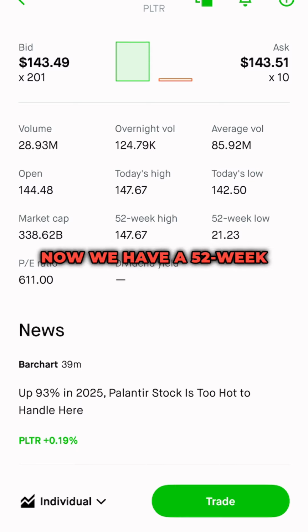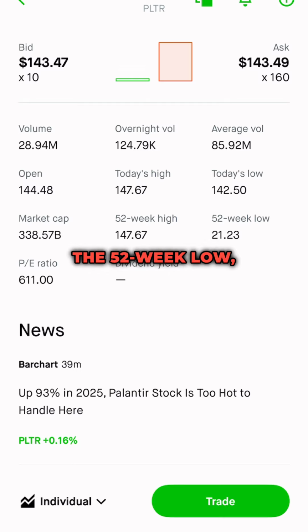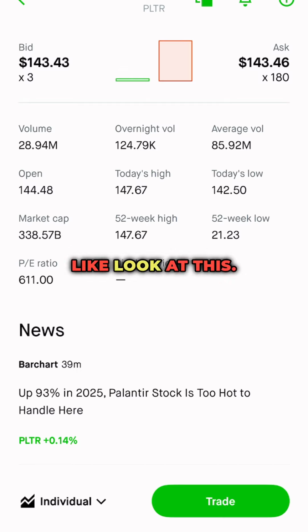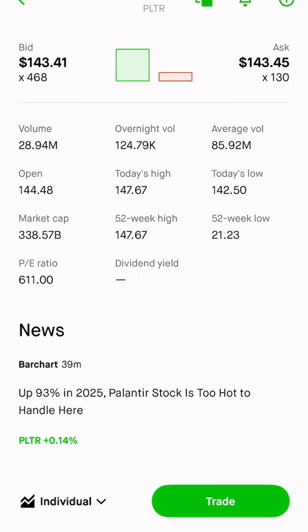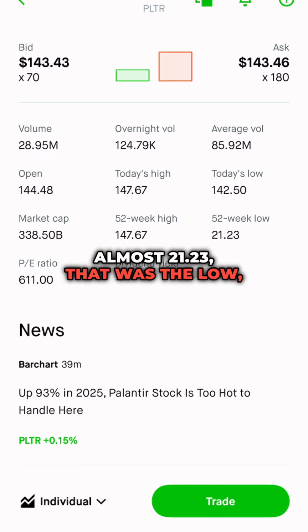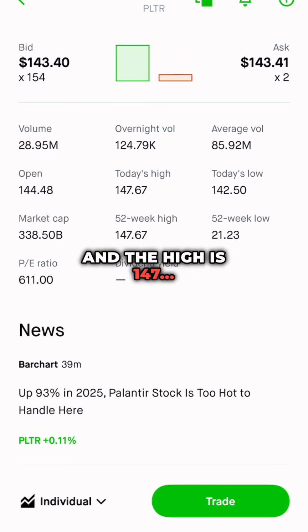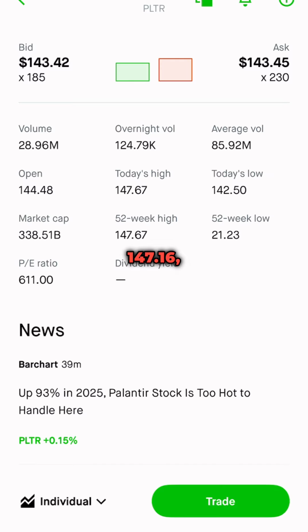Now we have a 52-week high and low, kind of makes sense. The 52-week low, clearly, look at this, we had a tremendous run, almost 21.23. That was the low, and the high is 147.16, which it actually hit today. So today it hit an all-time high. That's the